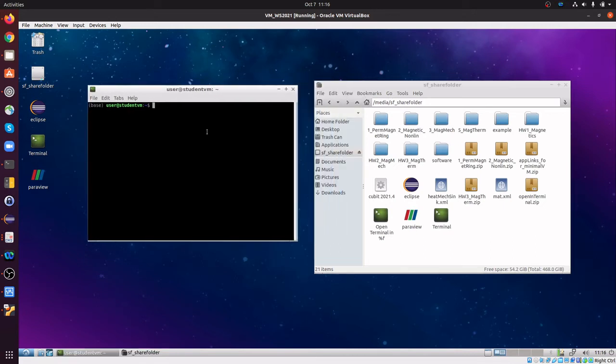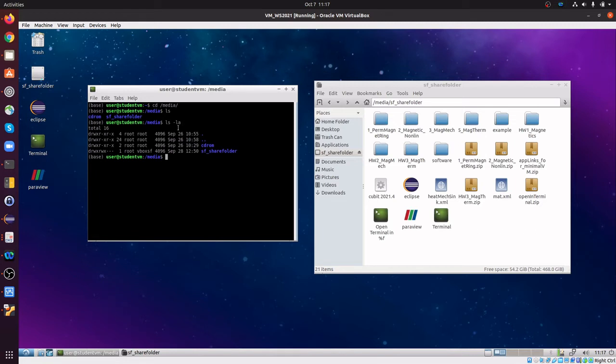Now we navigate to this media folder. So cd, which means change directory, media, ls, and here we see this SF_share folder. The name I defined was share folder, and the SF_ was automatically added to the folder name. Then if we type in ls -la, so list all,